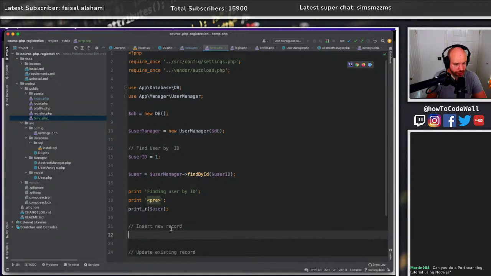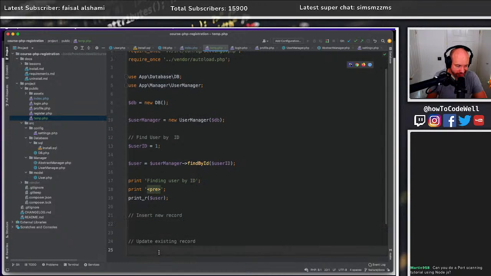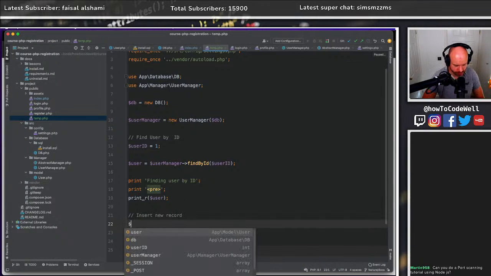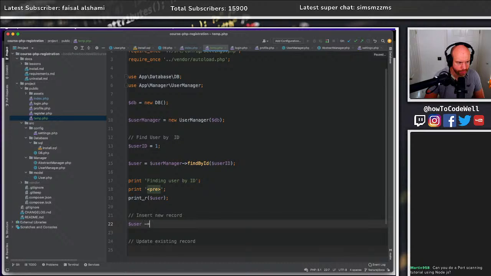So that's registering a new user. And then updating an existing record will be done after we render the profile page. So you've rendered the profile page with a known user, and now we're going to update that record. So let's work on the insert first. So ideally what I want to do is have user equals